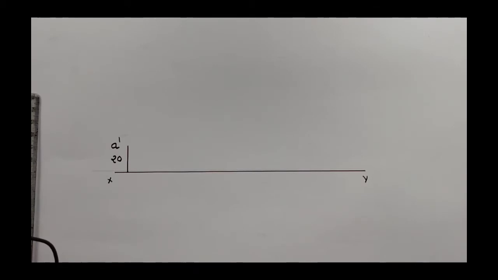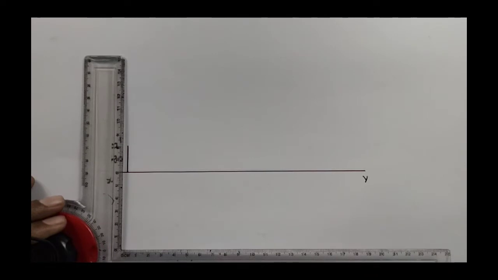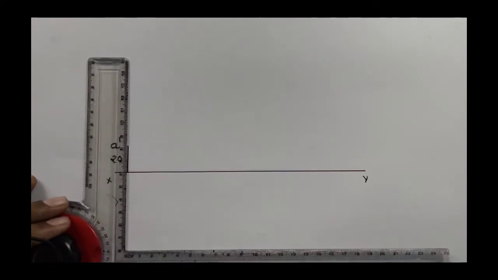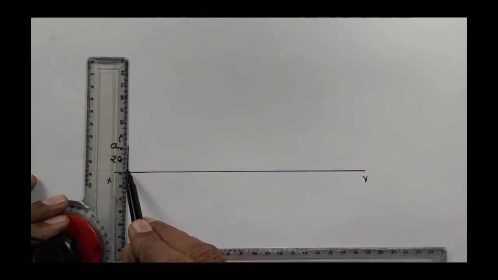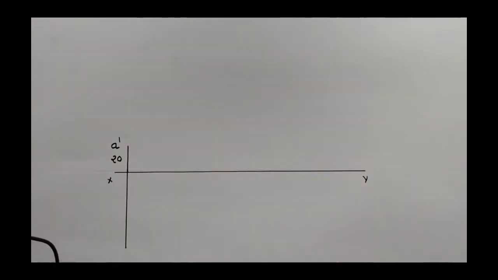60 mm in front of VP. So the 60 mm in front of VP means our projection goes in the downward direction from XY, condition with VP. So it is our plan point A, 60 mm in front of VP.